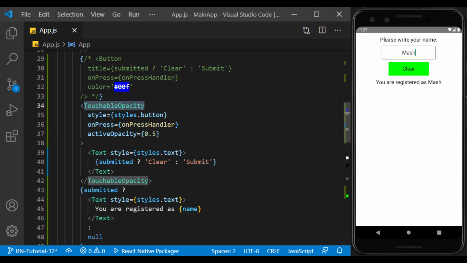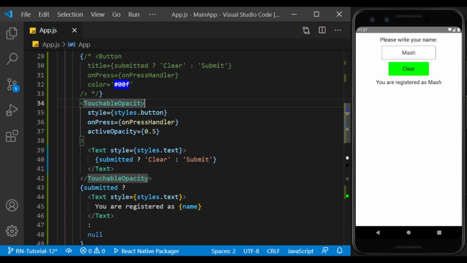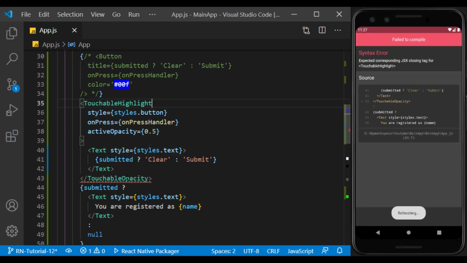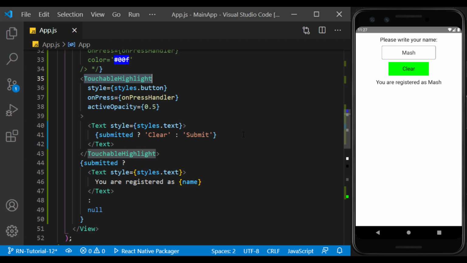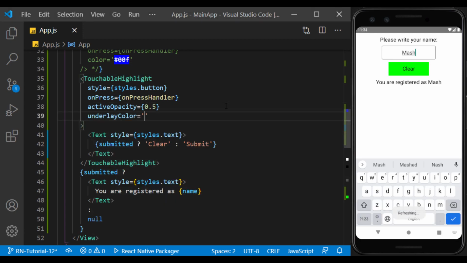The next component is touchable highlight, which works similarly to touchable opacity, except that it can display a custom color in the background when clicked. We can specify the color using the underlayColor prop.